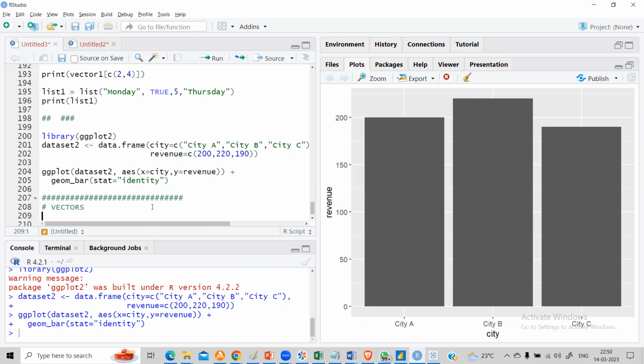So vectors are used to take multiple values, right? That's what you saw. You can use c to create vectors, right? So we had c, and we just discussed that. It should have